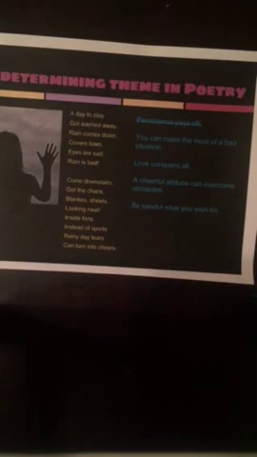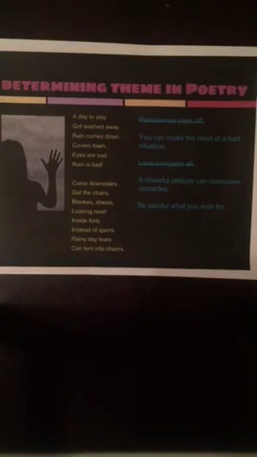So I'm pretty sure you would agree we can cross off perseverance pays off. That's not really what this passage was about. The theme does not apply to this poem. What other ones could we eliminate? We're going to take off love conquers all. This is not a poem about love and love overcoming anything. We're also going to cross off be careful what you wish for. The character in this poem was definitely not wishing for rain. And that leaves us with two possibilities.